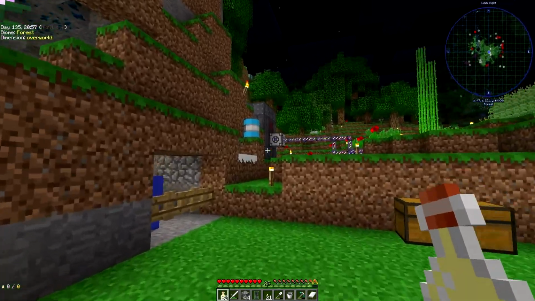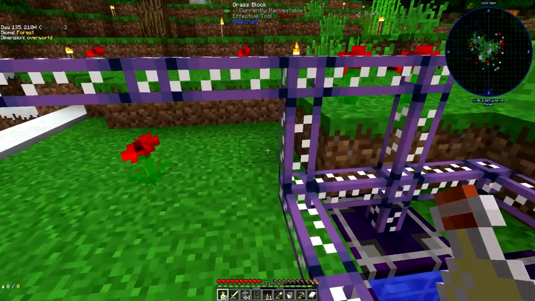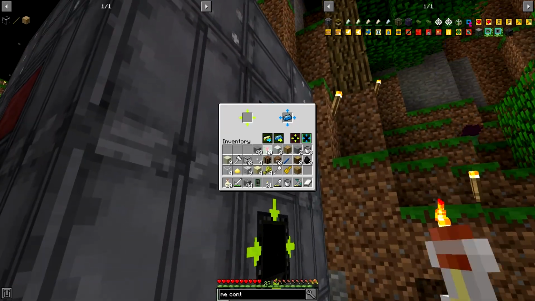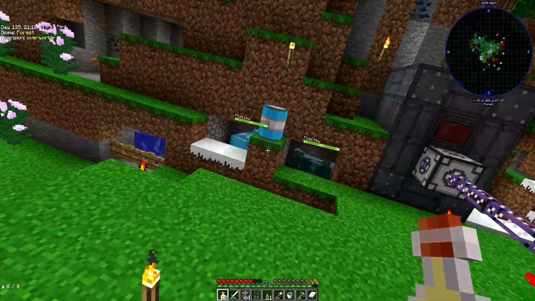Where we were last here, we were starting to look at this, our ME system, our Applied Energistics doodad. We built a nice little reactor here that's got a bit of charge in it to get this thing going. We've already got one cyanite out of that reactor, so that's pretty good going. It does chug through the cyanite when it gets...